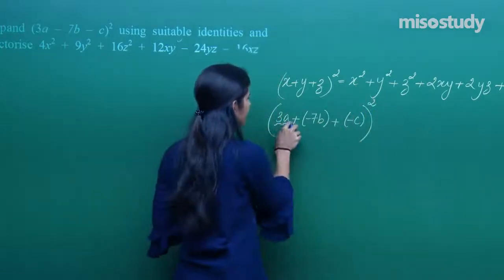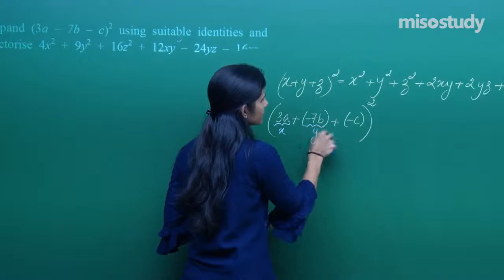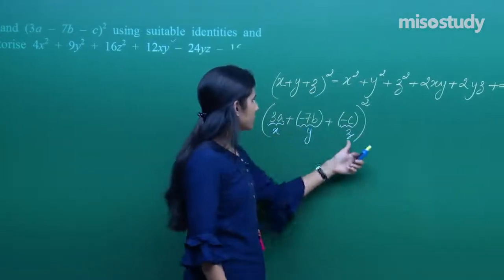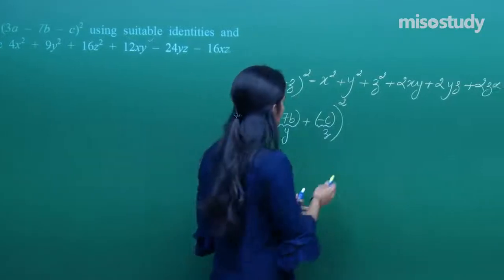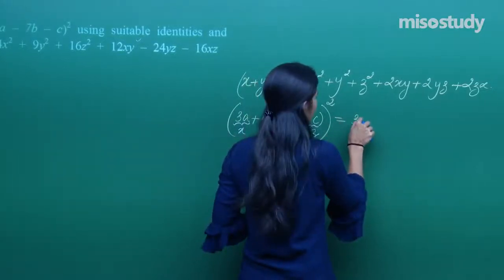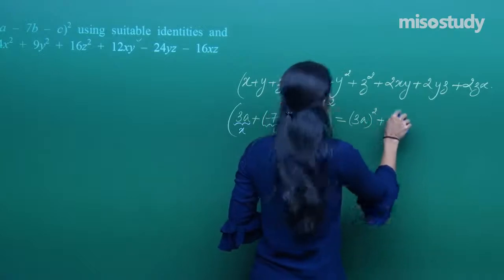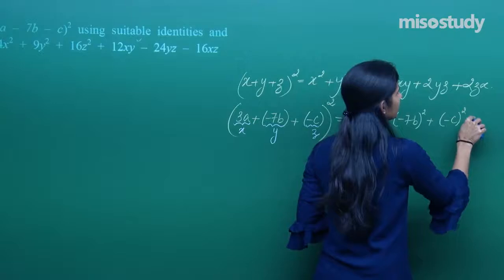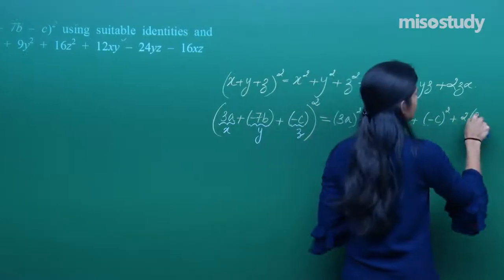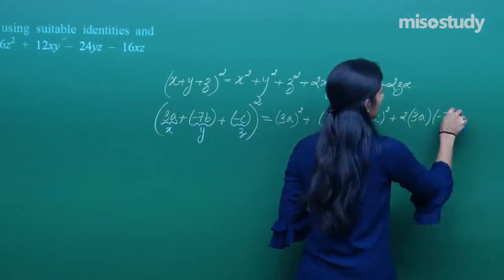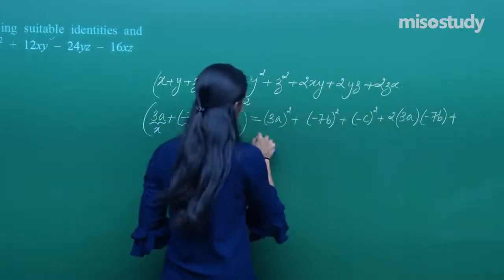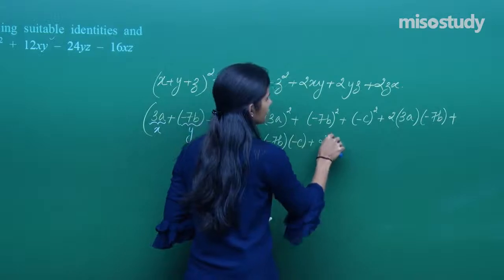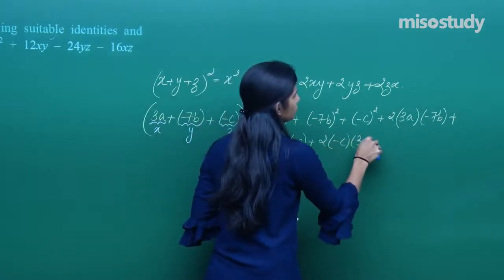Now you can treat 3a as x, minus 7b as y and minus c as z. You have the exact same expression, x plus y plus z whole square. So what does this become? x square plus y square plus z square plus 2 into x into y plus 2 into y into z plus 2 into z into